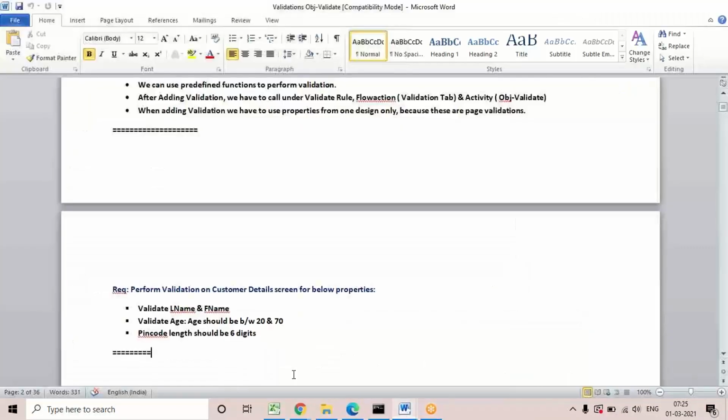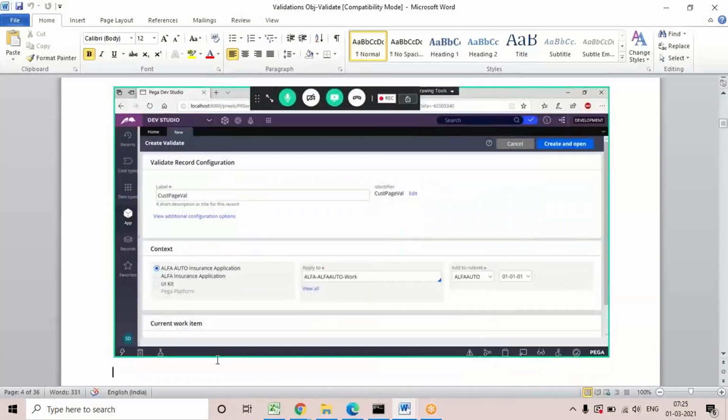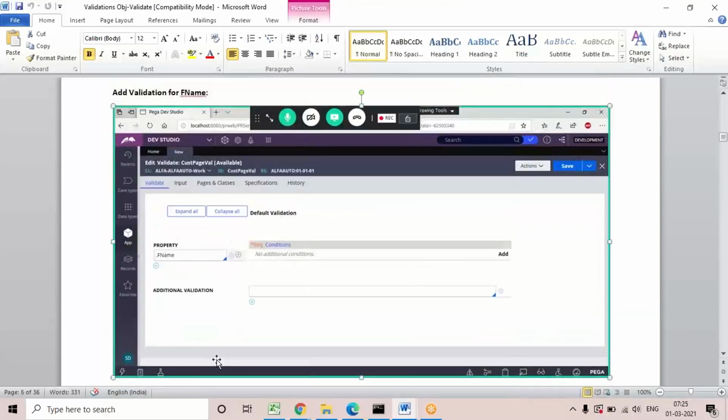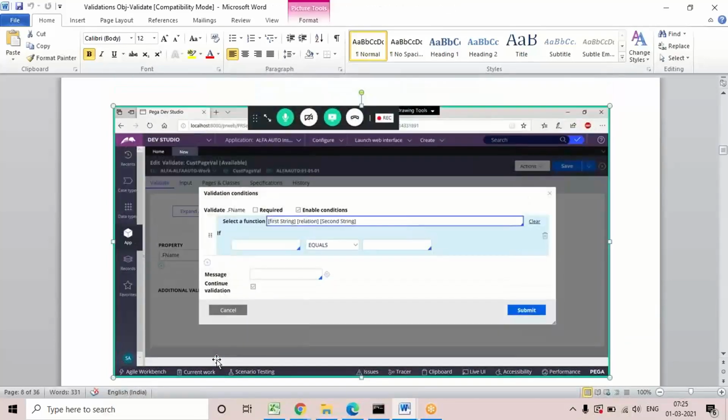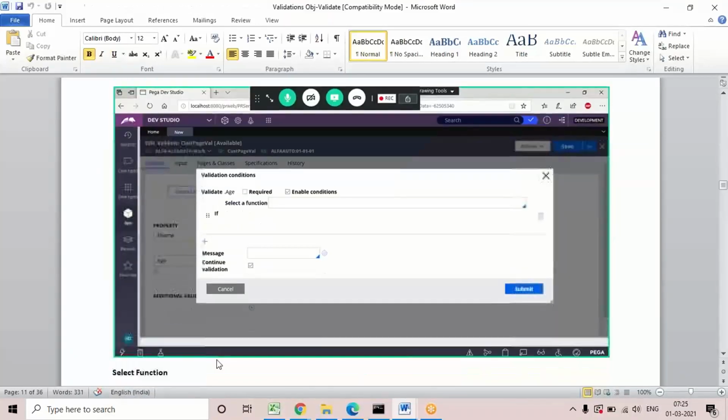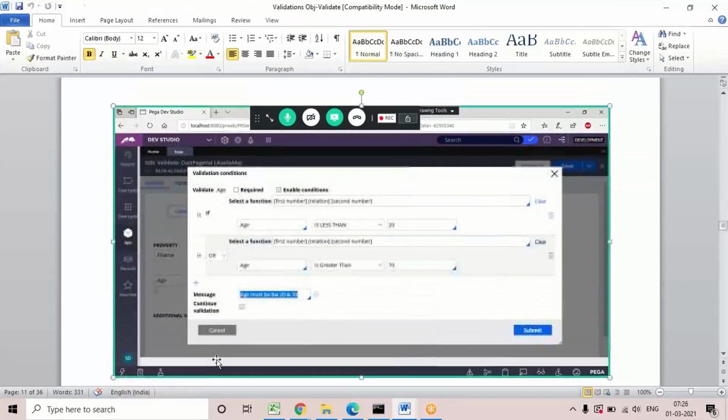So obj validate and constraints, if you want to compare, the steps will be there in the next screen. I'll discuss them. In order to define these validations, constraint will apply everywhere, but if you want to apply specific to a page, we have to go for this validate rule or obj validate.